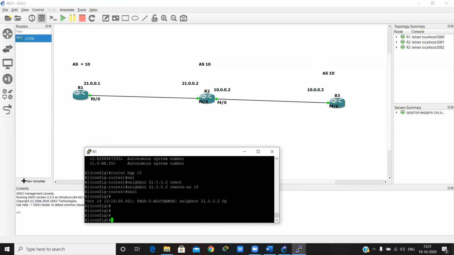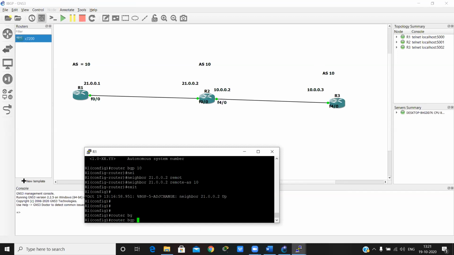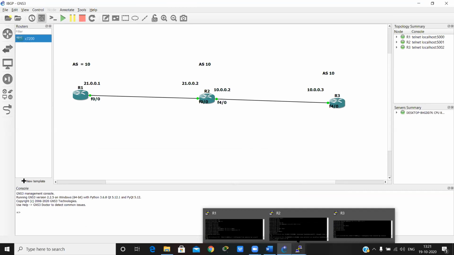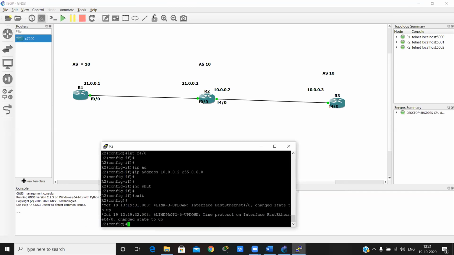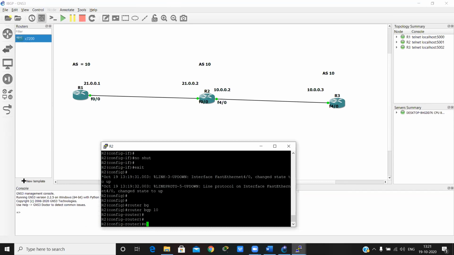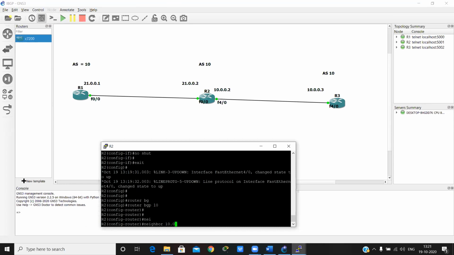So firstly go on router BGP 10, neighbor is 10.0.0.3, remote AS 10.